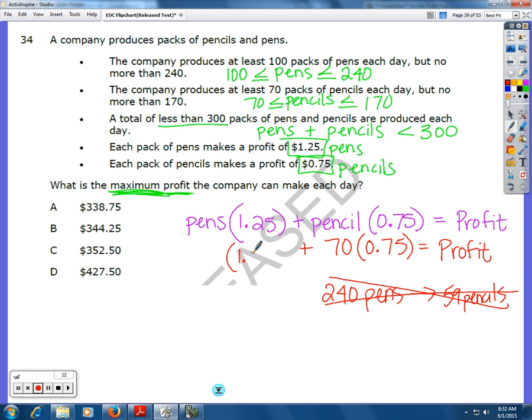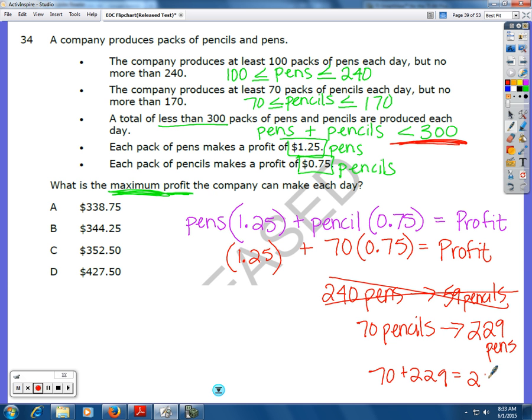Okay? So if I do 70 pencils, then let's go back and look how many pens I can make. Well, I have to do it less than 300. So if I make 70 pencils, then that means I can only have 229 pens. Okay, because if you add 70 pencils plus 229 pens, you're going to get 299 items total, which